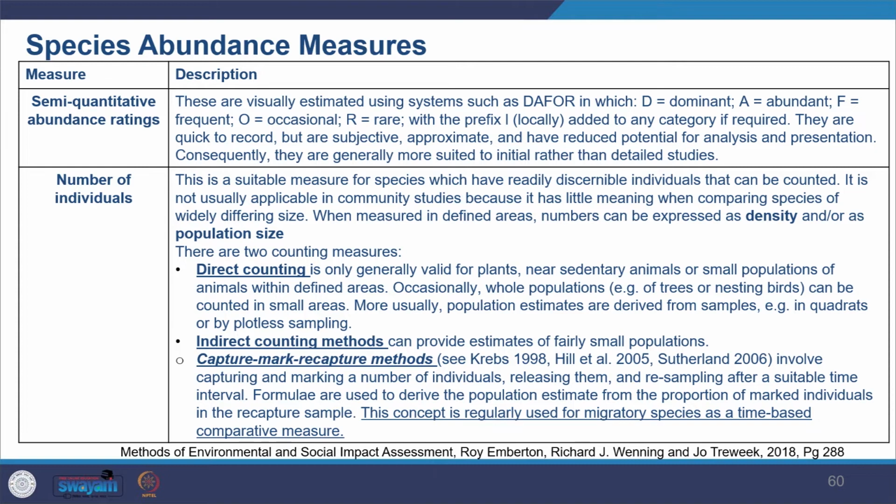It is also called DAFOR, D-A-F-O-R, in which D is dominant, where you see what species are dominant, A is abundant, F is frequent, which you see frequently, O is occasional, and R is rare, and then you can have a locally available option if required. The advantage of this system is that it's very fast, but the disadvantage is that it's very subjective, and it gives a lot of approximation, and if it's very approximate,